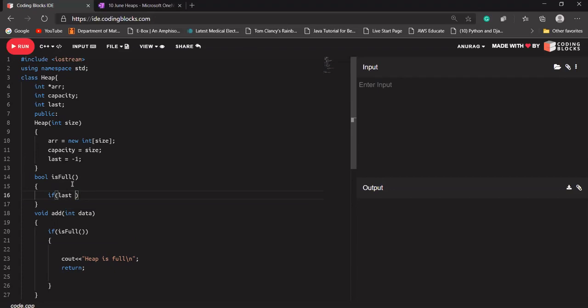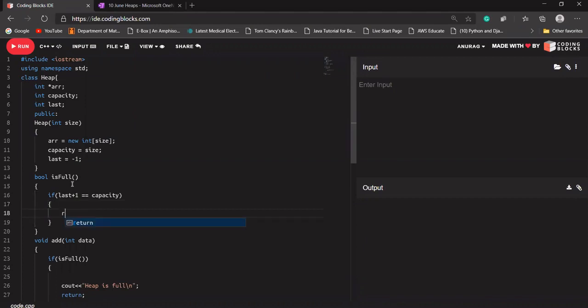If last has the value 4, because the index starts from 0 and goes up to 4, it means the array is already full, we cannot add more values to it. So I'm going to say if last plus 1 is equal to capacity, it means the heap is full, we cannot add more values to it. So I'm going to return true here, else return false.